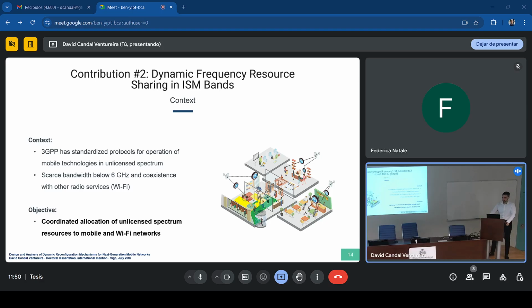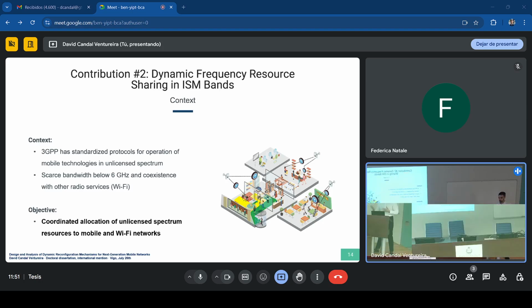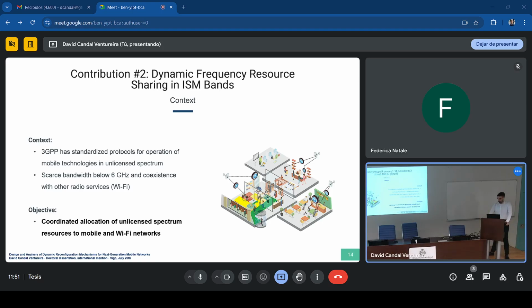In unlicensed bands, mobile networks coexist with other services, especially with Wi-Fi. There exist scenarios like malls, but more especially enterprise facilities, in which an operator may be granted permission to deploy both technologies in unlicensed bands with exclusive access. In this case, the operator may be interested in allocating the channel resources according to a strategy, which may be based on loads or network requirements.